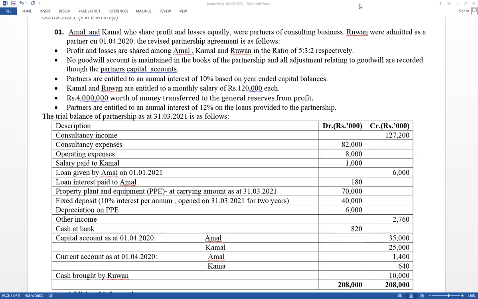And think about the basic part of partnership we have discussed already. When compared with sole proprietorships, in partnerships more than 2 owners are available. Therefore, the profit earned by the business should be distributed among the partners, the owners. Therefore, we have to prepare profit appropriation accounts. That part we have discussed already. Net profit should be distributed among the partners as interest on capital, as a salary, as well as a profit share.